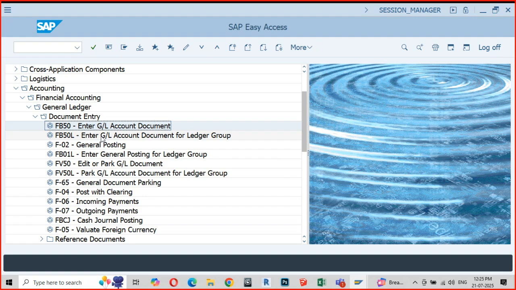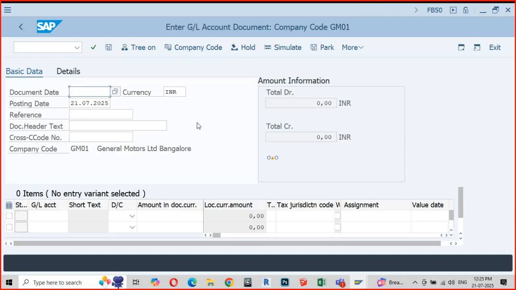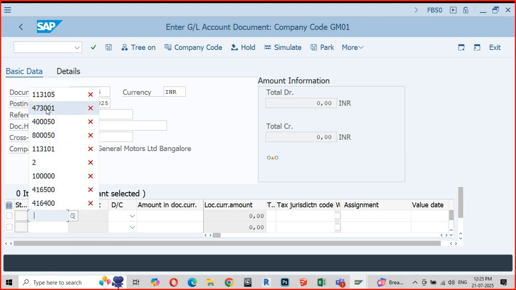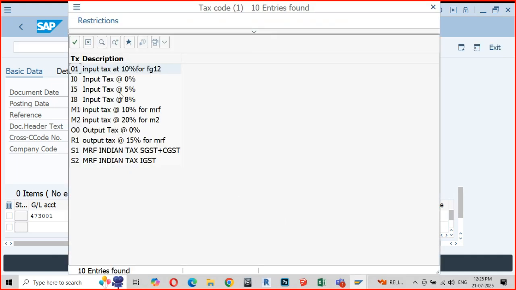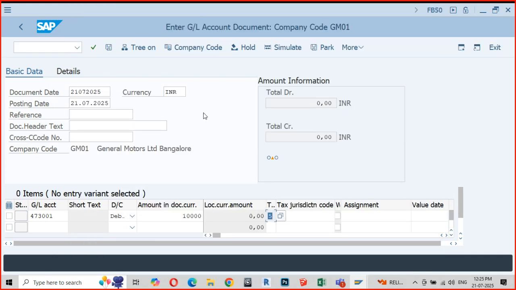I'll enter this particular GL, some expense account. 10,000 rupees. I'll give the tax code, say 5%. Clear?